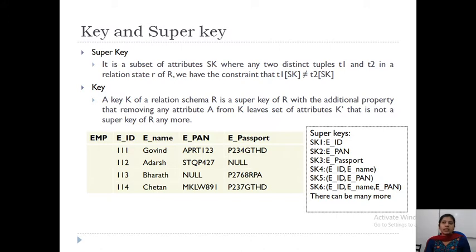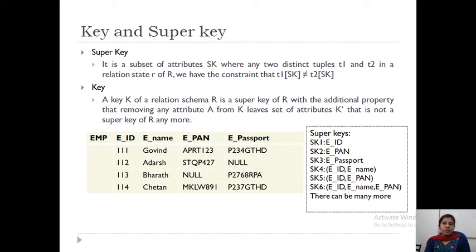Now say I have employee ID in this table. Is the employee ID the same in any two different tuples? In each tuple it is different, correct? So I can consider employee ID as the super key. It is not repeating. And if I take employee PAN number, it is also distinct. Employee passport is also distinct. Now one more thing here, I have taken null values, right? So only 4 records are there. According to this relation state, it is correct.